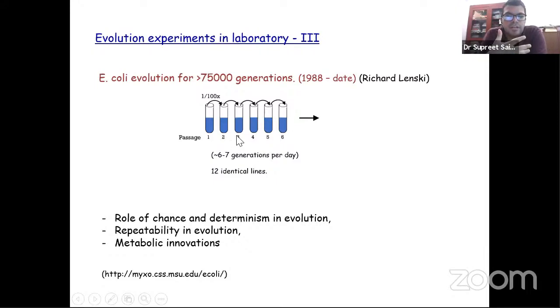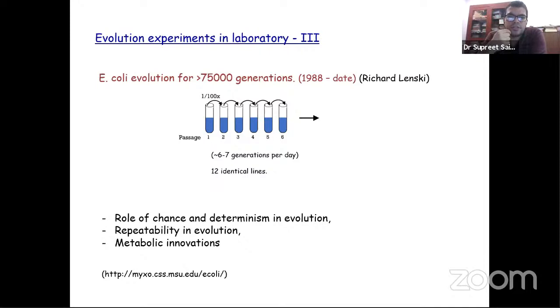coli, the organism that we understand the most, in an environment, and it's doing it 12 independent times. So we can track them with time, and we can see whether all 12 independent repeats of the same experiment are going towards the same evolutionary outcome, or towards evolutionary outcomes which are very different from each other. And around generation 30,000 or something, one of the 12